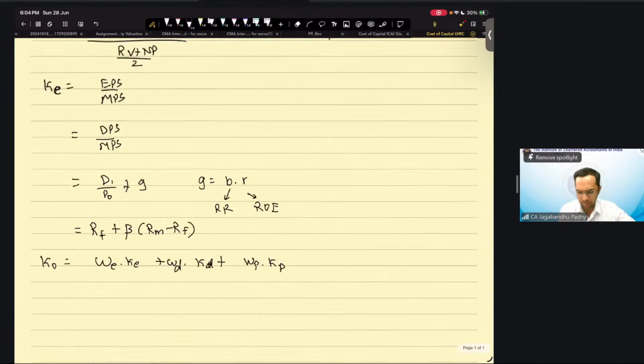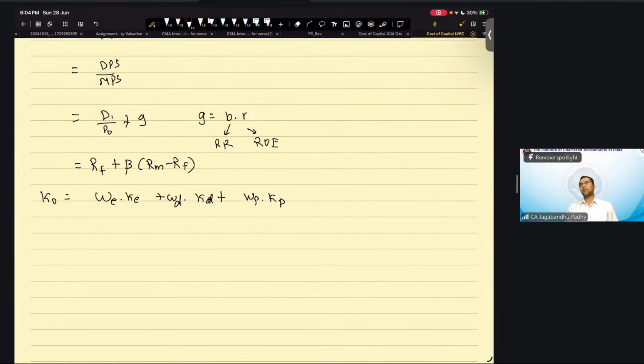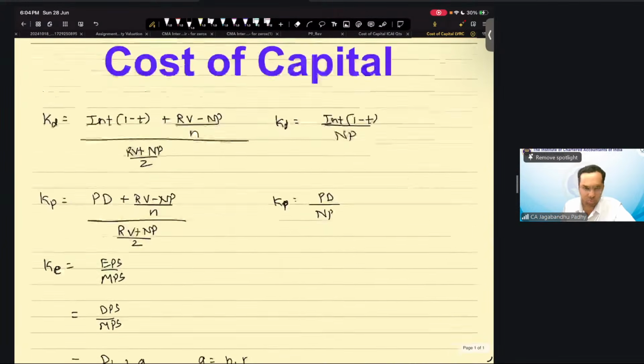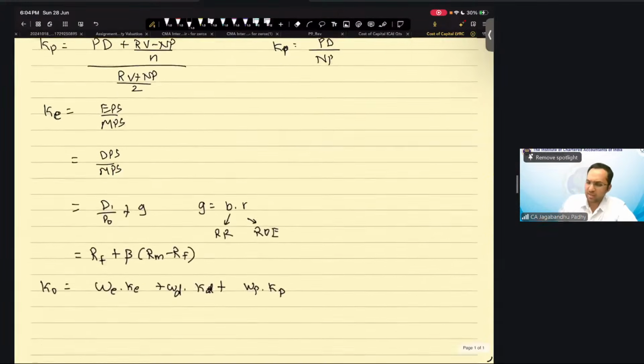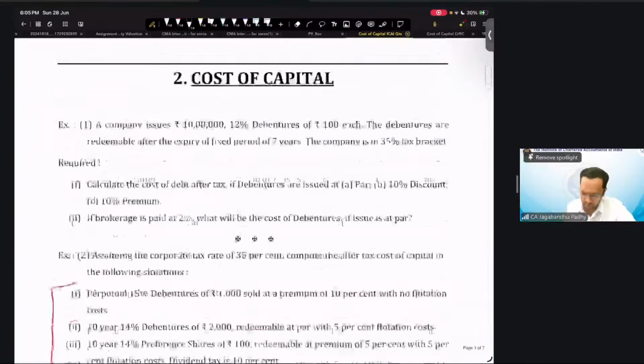Okay. Apart from this, we have also seen the way to calculate the cost of preference share and cost of debt using the YTM or the IRR method. So that we will also obviously take up in a subsequent discussion. But right now,